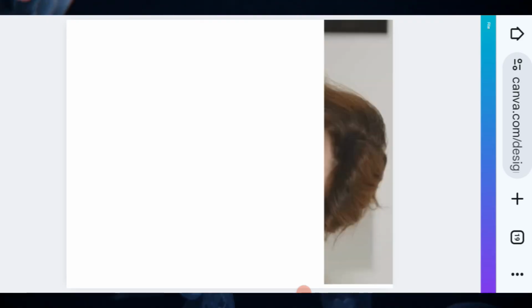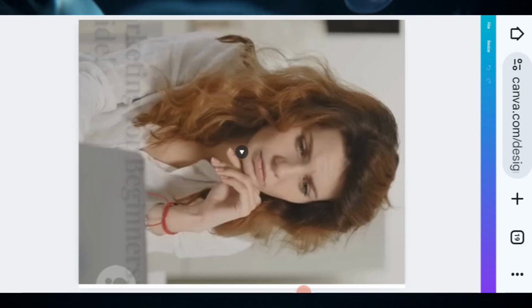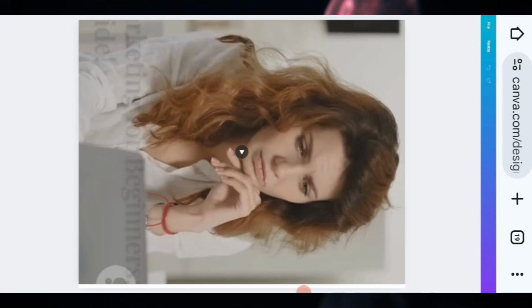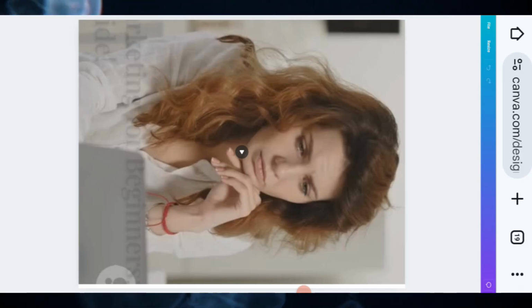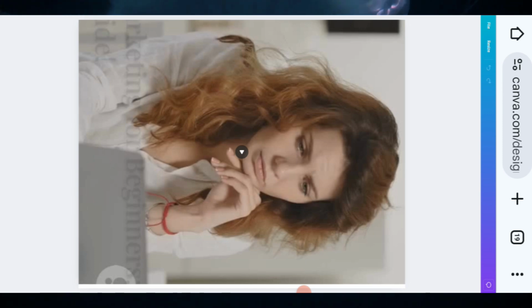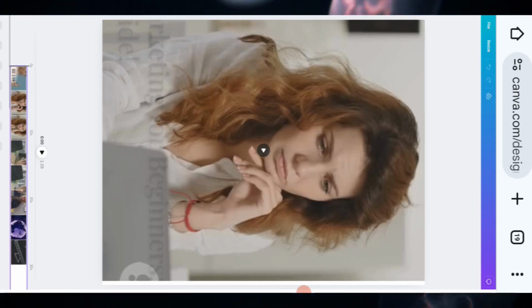So here we have it, it is loading gradually. So let's just wait a bit. Okay, now we have the ebook ready. So what I want is actually, this one is like a video, maybe a slide, but I don't want anything slide here. So I just have to click on these three dots,